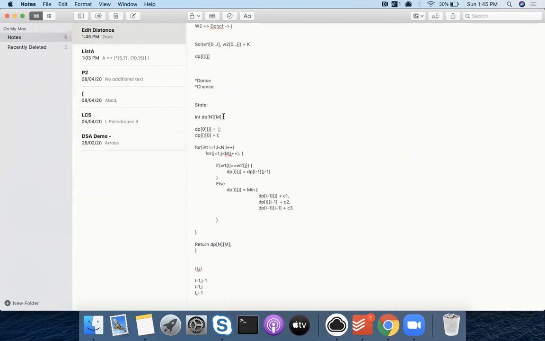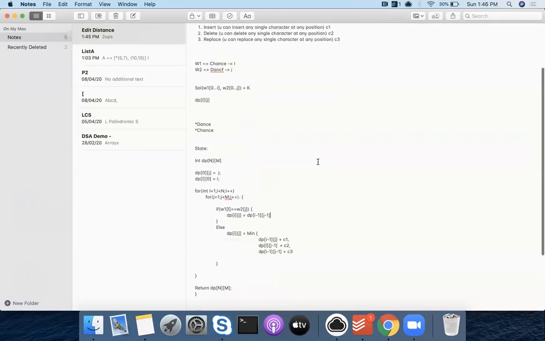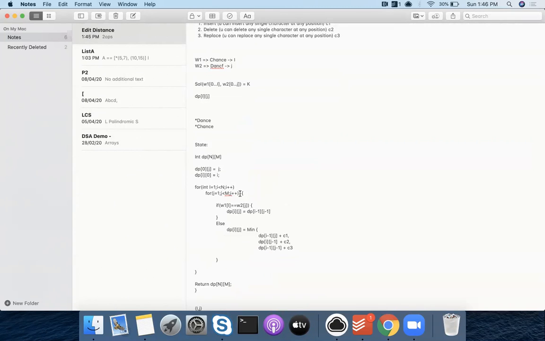Because all I need to know, if I'm at i, comma j, is diagonally below, just below and towards my left. And all of that I will know. We discussed this, right? We will fill the first row, first column, and then go from bottom to up. And then you also saw how the code would look if I solve it top to down. Recursively, instead of having a 2D matrix, you will use recursion. Doesn't matter. It's quite the same. This will be much faster than recursion in terms of execution.